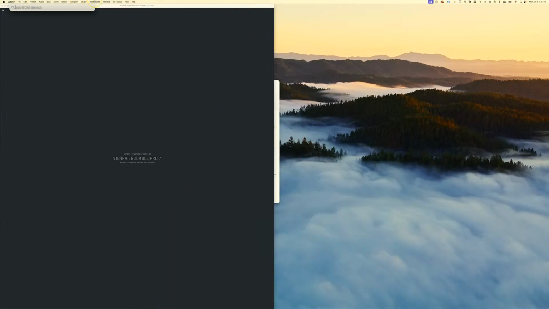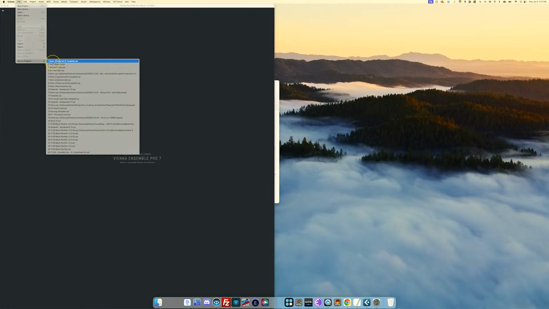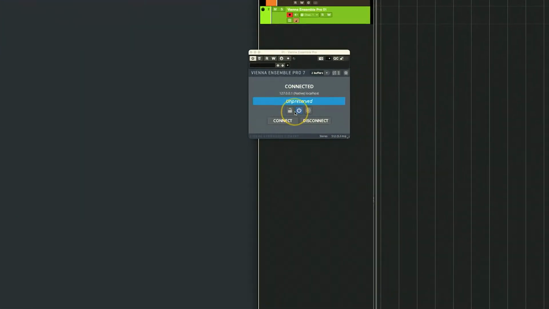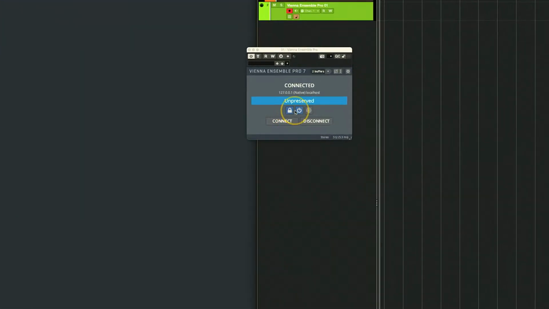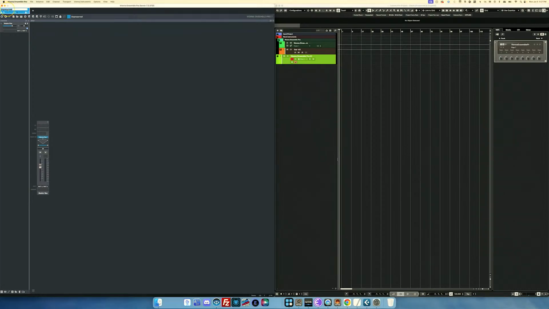So let's go back here to a situation where we've got Cubase running. I'm just going to wait for it to load up here. All right, and we are going to open my recent project. So now I'm going to go ahead and turn preserved on here. All right. Now, what's going to happen is that really this instance should be called preserved. So I'm going to go ahead and change that name,